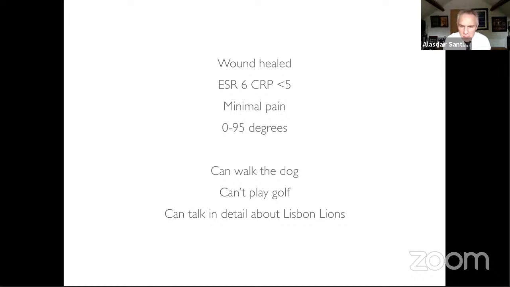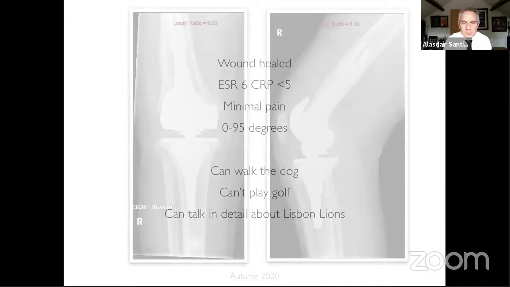He was always unhappy before, but being a merchant sailor, for those of you who don't know, I used to spend a lot of time up in Glasgow in the 60s, and he'd go along to Celtic Park and watch the Lisbon Lions become the first team to win the European Cup. And this was his passion, talking about the Celtic team of the 60s. And he'd come into the clinic each day and tell me stories which I'd never really heard about. And you could tell that was just a happy man now.